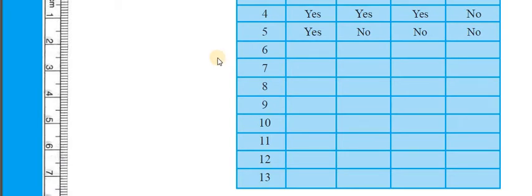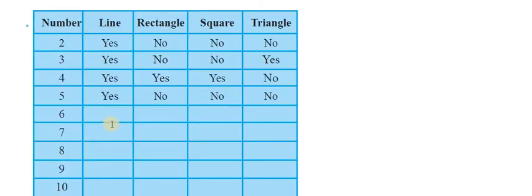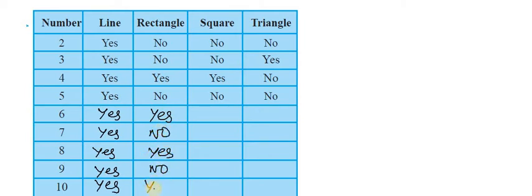So complete the table, he asked you to write. Will you be able to write here? We'll see. So here we will write answers. Of course, we all know that for all the numbers we will get a line, so we will write yes, yes, yes, yes. For rectangles, just now we saw that for 6 dots you will get a rectangle. For 7 dots you will not get. 8 dots again you will get. For 9 you will not. Whereas for 10 dots you will get. And coming to the square, for 6 you will not get a square, for 7 also, for 8 also, whereas for 9 dots you will get a square.